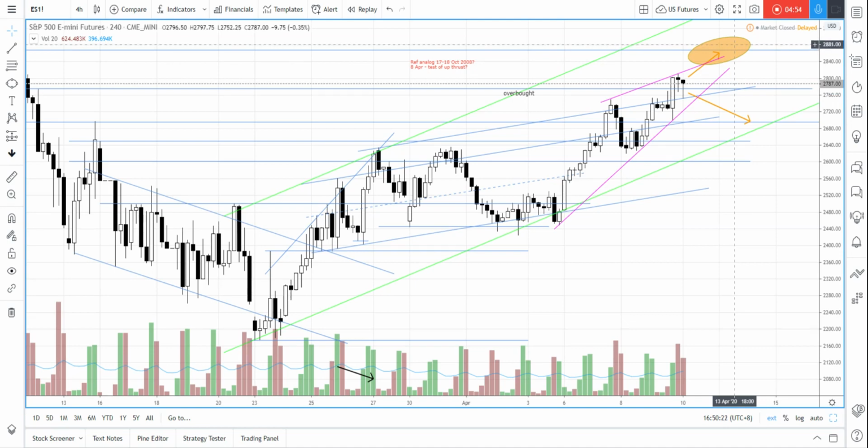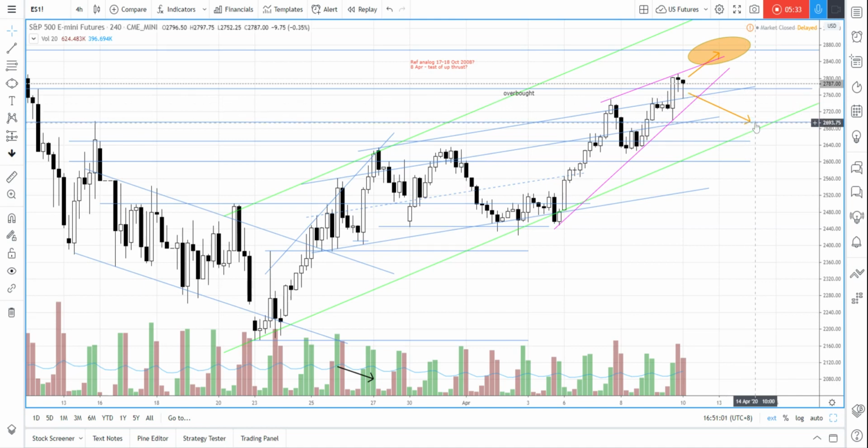The key levels that I'm watching: obviously the resistance at 2800, which is the first line of resistance. Second is the target around 2850. And the first level of support I'm looking at is definitely 2750, as you can see around here. One thing we should be aware of is, should the E-mini S&P 500 futures break below 2750,